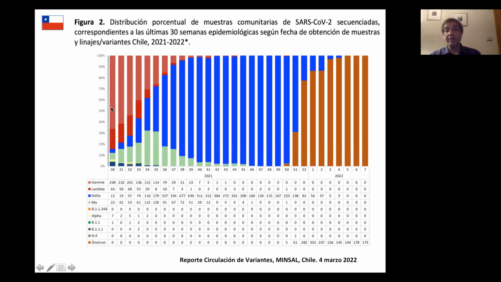And you know that during COVID-19, we have had changes of the predominant variants. For example, in the last year, 2021, we had the Gamma variant, then Delta, and now most of the cases are caused by Omicron. So this is a challenge for all the university system to have adequate measures to be implemented depending on the